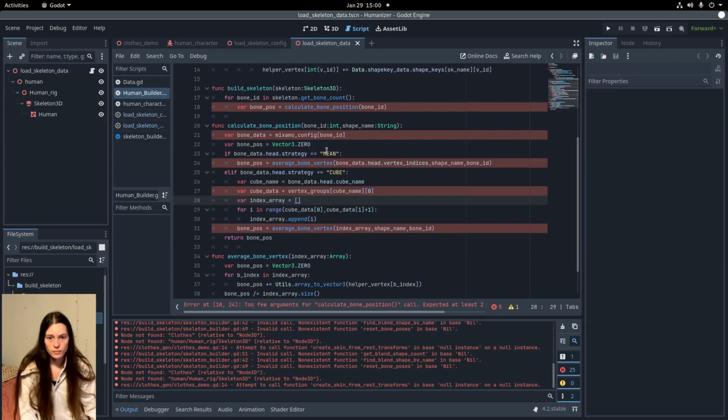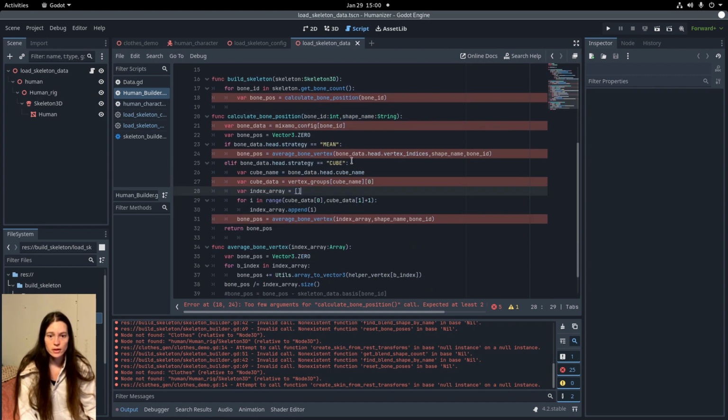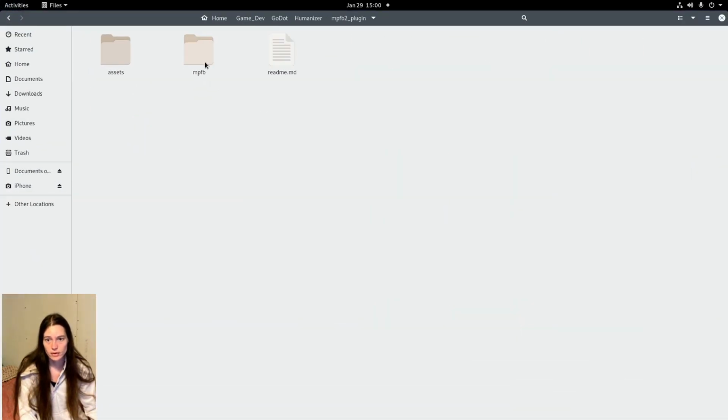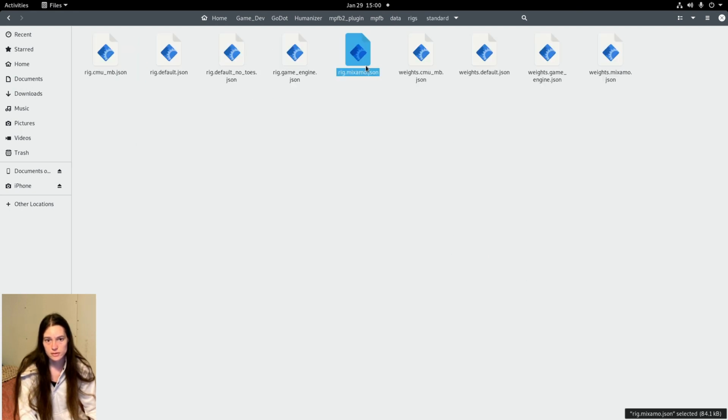Now for the mean strategy, I just get the 2 vertex indexes from the config and find the position. But for the cube strategy, I have to open up the vertex groups JSON and get the position from there. So if you see in the data rigs standard Mixamo,